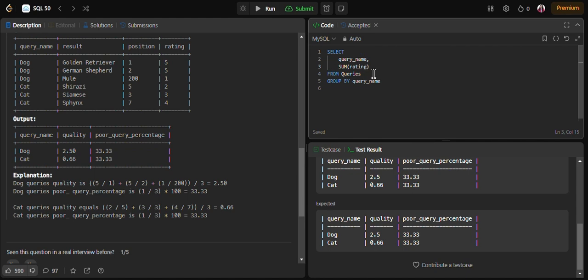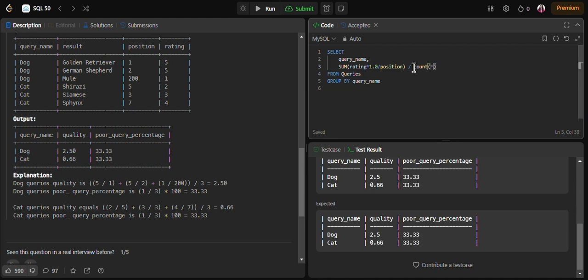What I'm doing here is calculating the average ratio of rating to position for each query group. I'll do this using rating divided by position, and since I found the sum of rating by position, I'll divide it by count star.